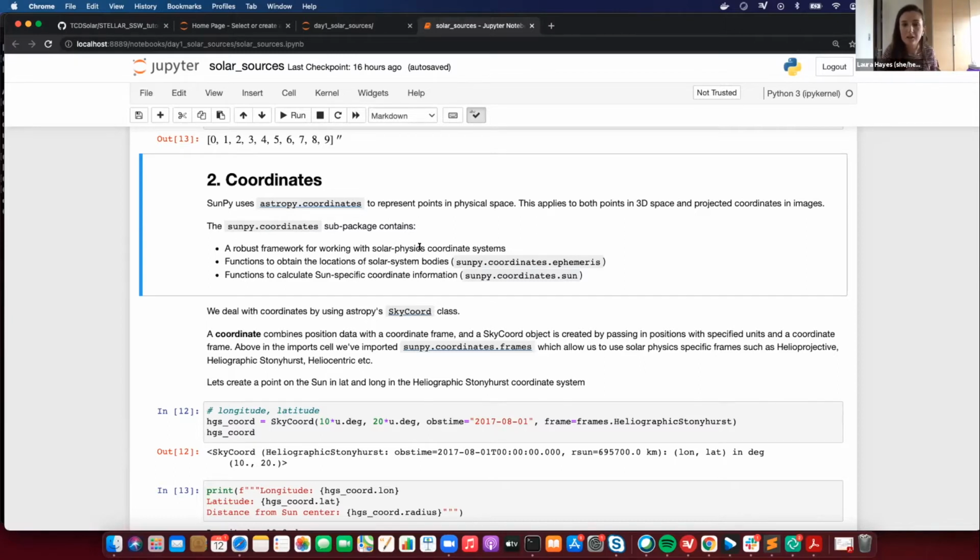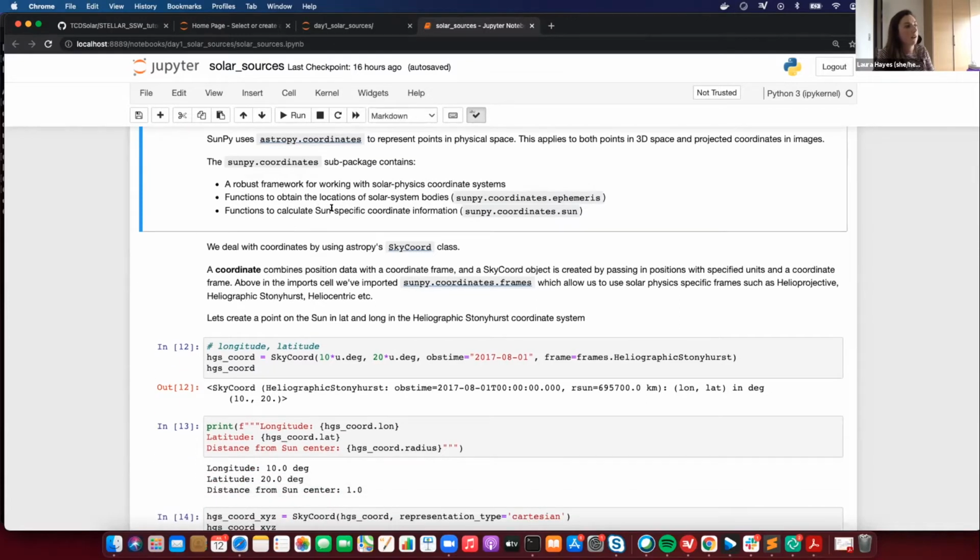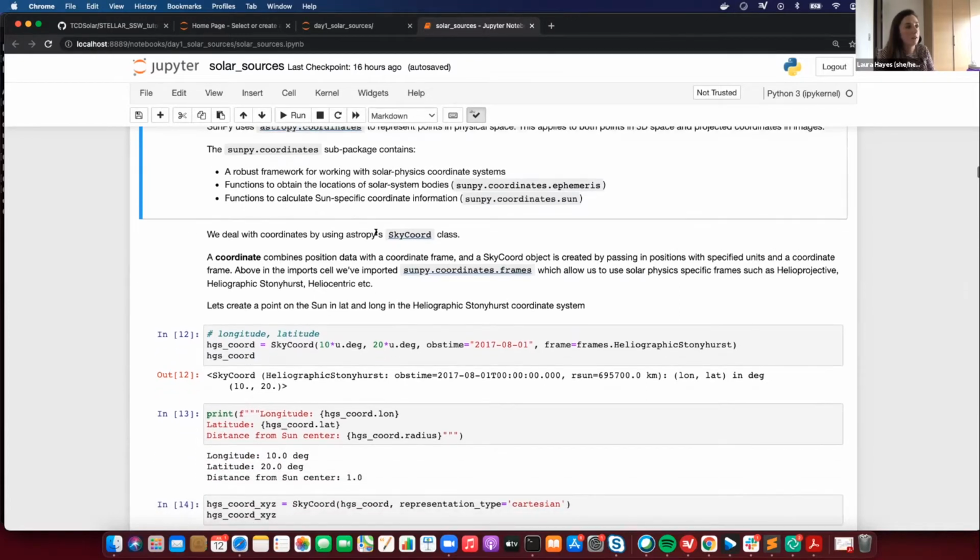So that was that plot that I showed you before of how all those different coordinate systems work together. It then also gives you ways to get locations of solar system bodies. So this goes back to using ephemeris and using JPL Horizons to get solar system bodies and get them in coordinate frames that are used in solar physics, and different ways to calculate sun-specific coordinate information that is used within